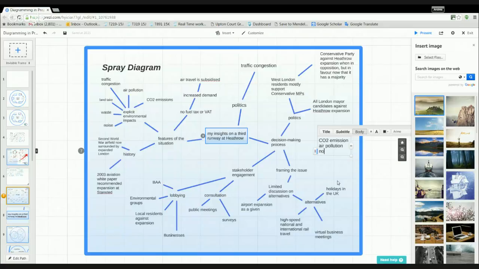Okay, noise, waste, and there's this nifty little tab here which allows you to drag components out and position them where you wish. Okay, so after you've done your brainstorming, this is your opportunity to move things around in the right order, and only once you're more or less satisfied that things are in the right order, that's where you start adding